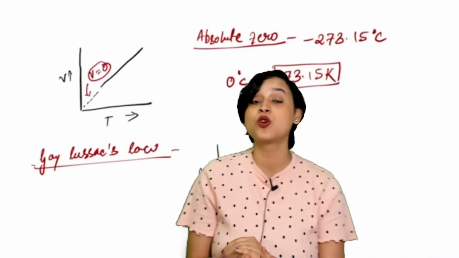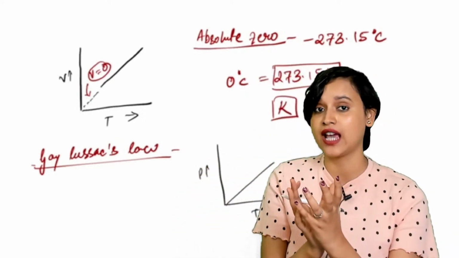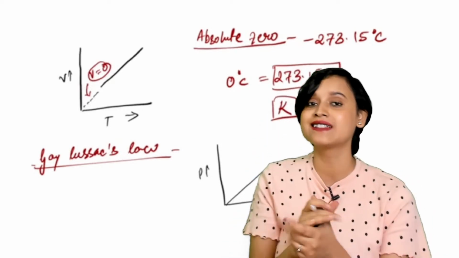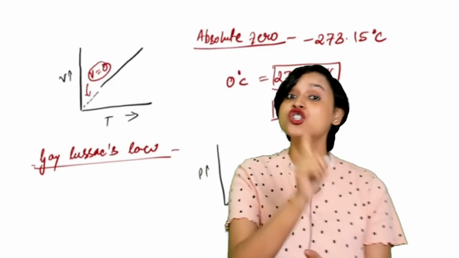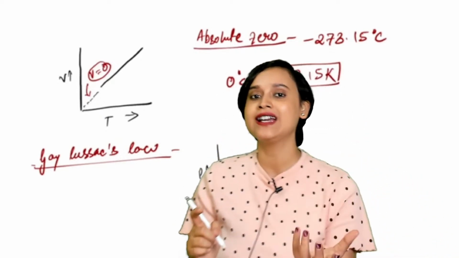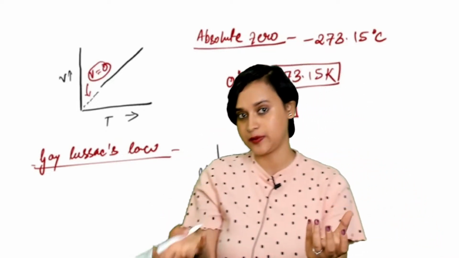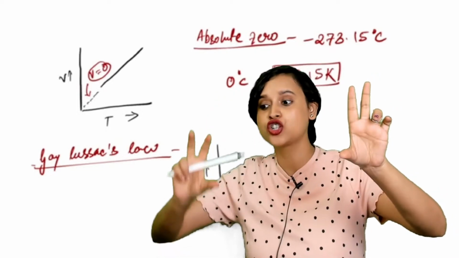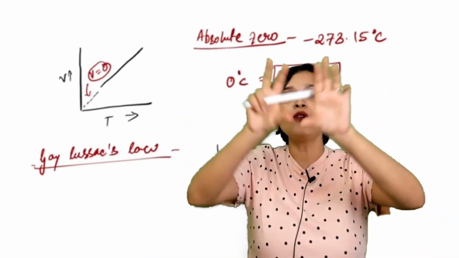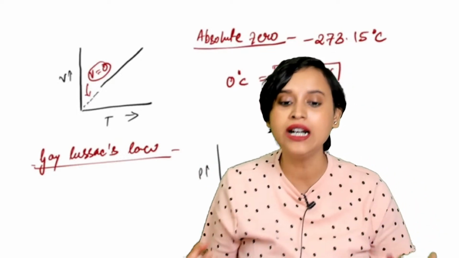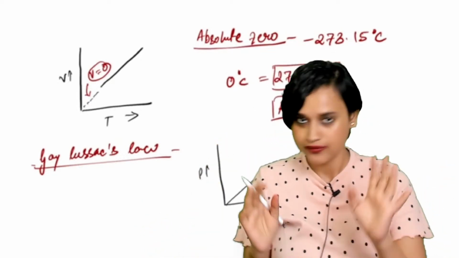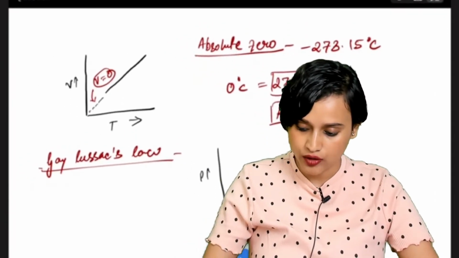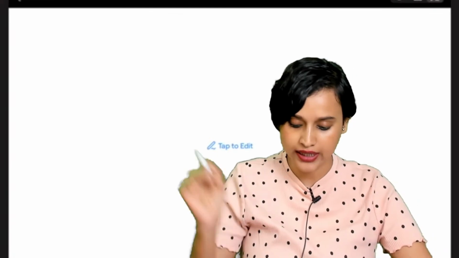So in that case, the partial pressure that each individual gas is exerting matters. Like I said, I have gas A and gas B. The partial pressure of gas A and the partial pressure of gas B, the sum of these two will be equal to the total pressure. You didn't get it? Let me write that down here, just so that you understand.